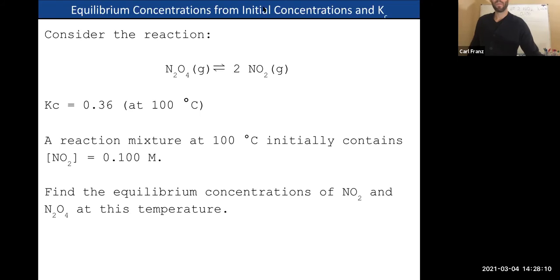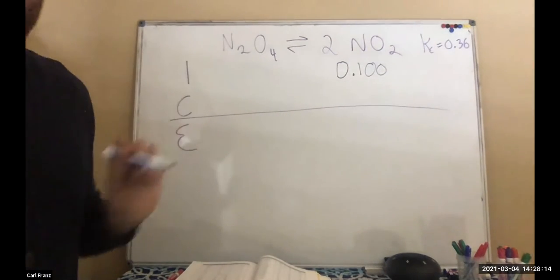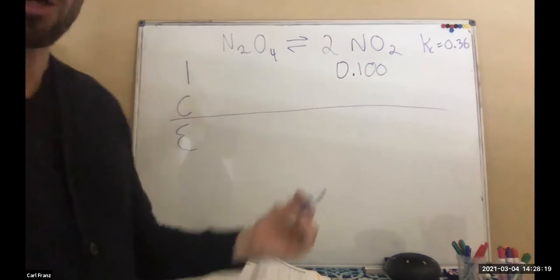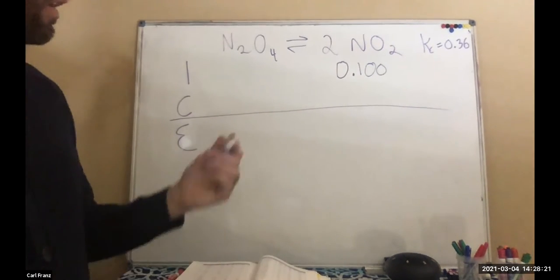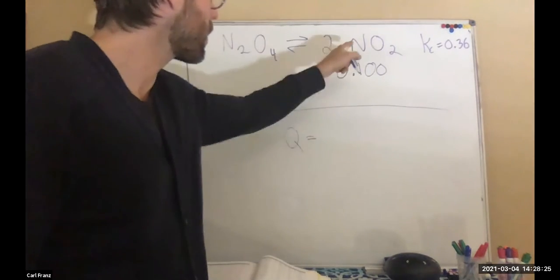All right. So hopefully you've got at least this much set up. What else do we need to do next? We need to find the direction that it's going. So we find out Q. We say Q is equal to